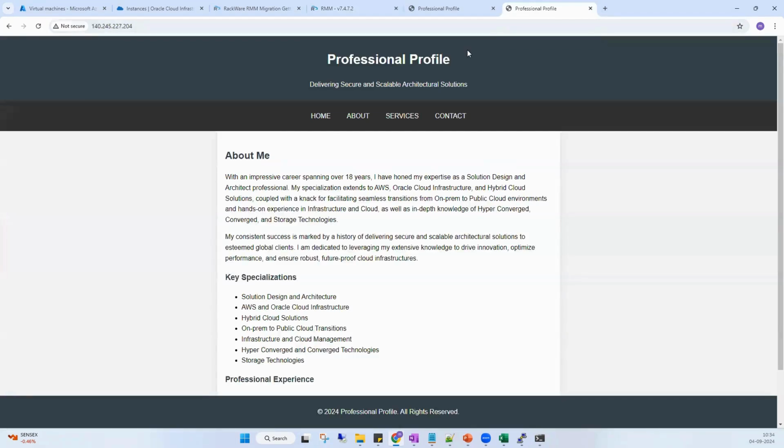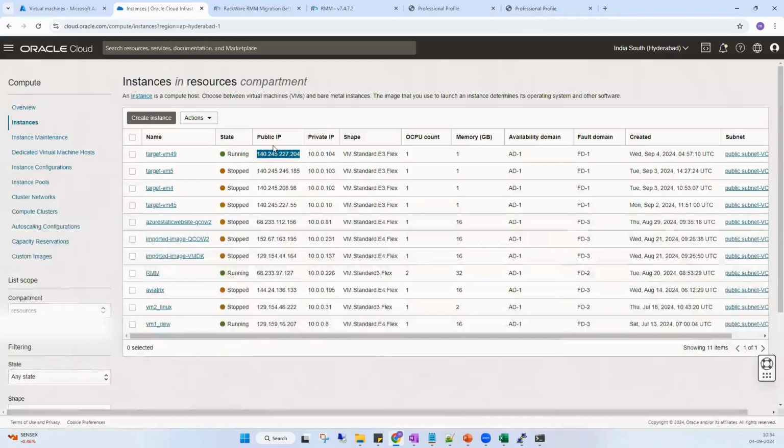So at this moment, the website is live with your IP address, and I have not made any single changes in the server, right? So when you're migrating any static website or any simple web application which is in just one VM, it will be migrated much faster. Now, the second thing I want to let you know about